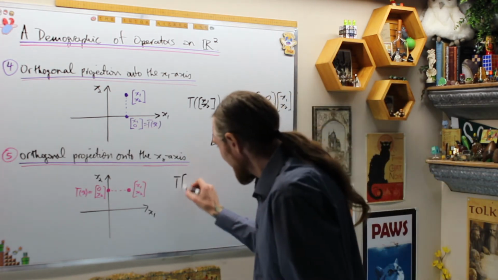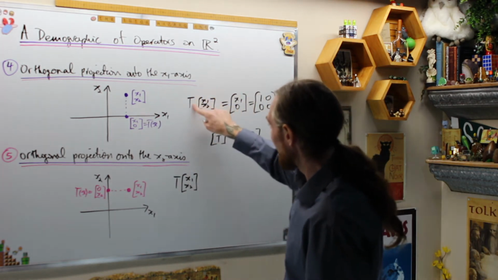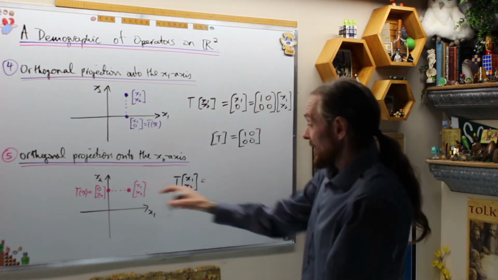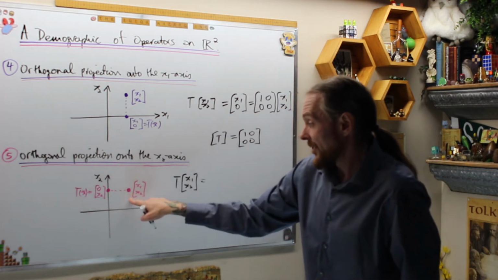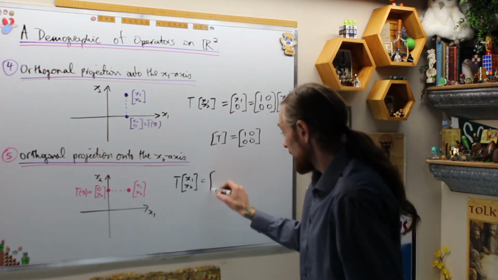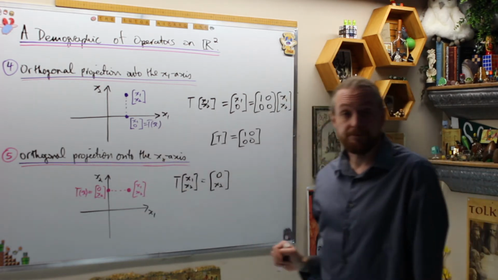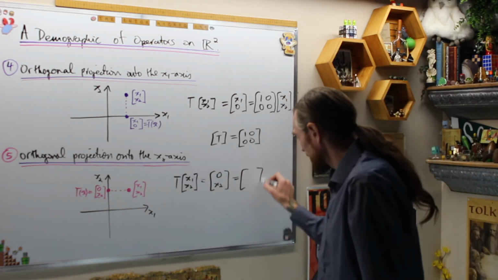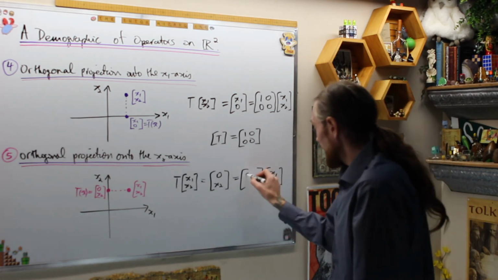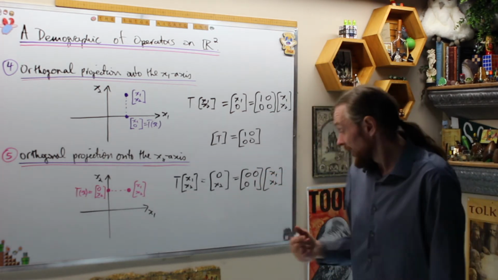What is T of x1, x2? You don't have to put the curly brackets if you want to be lazy. I'm just being lazy. Hitting a point with T gives me, in this case, if we look at where it's going to go from x1, x2, this time it's going to kill the x1 coordinate. So this is going to go to 0, x2, regardless of the vector we pick. And that is going to be a 2 by 2 matrix multiplied by x1, x2. And what is that going to be? This time I want no x1s and I want an x2. So I get this matrix, which will be essentially